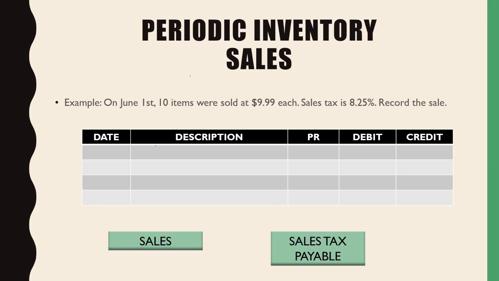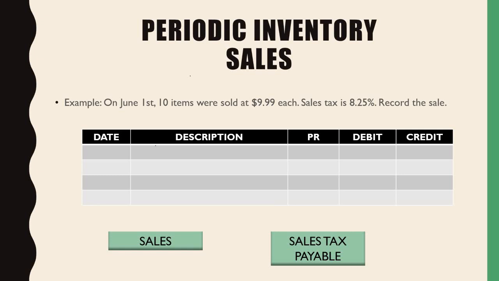What is sales tax? Why do we collect sales tax? It's so that money can go towards the city and the state to provide for the community. So in this case, why is it not revenue? Because when we collect this money from our customers, we owe it to the local city, state, and governments, right? So that's why it becomes a liability,